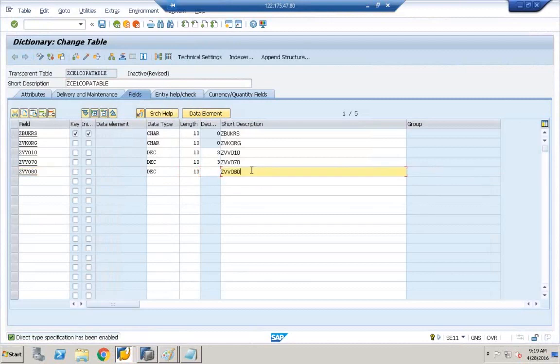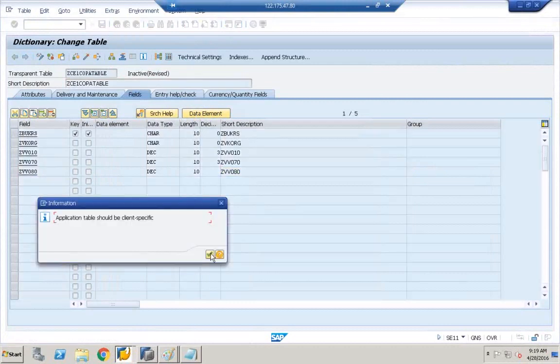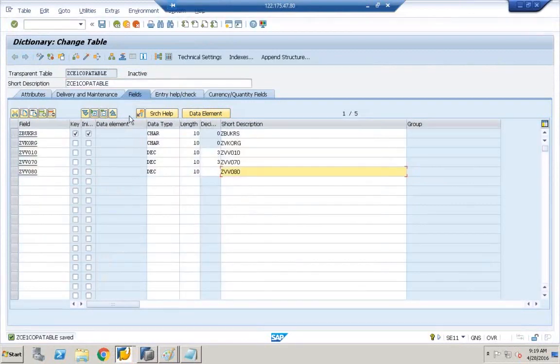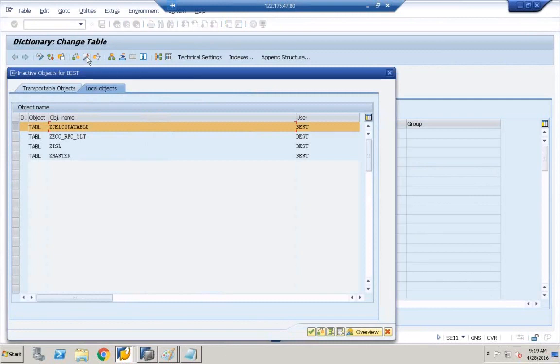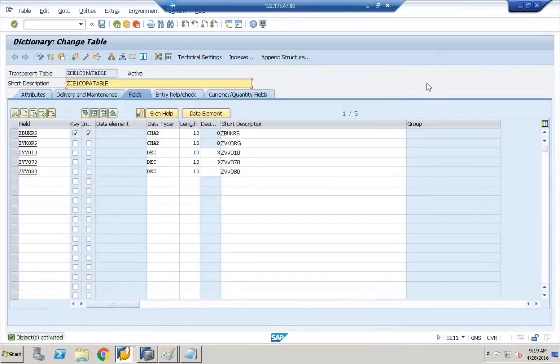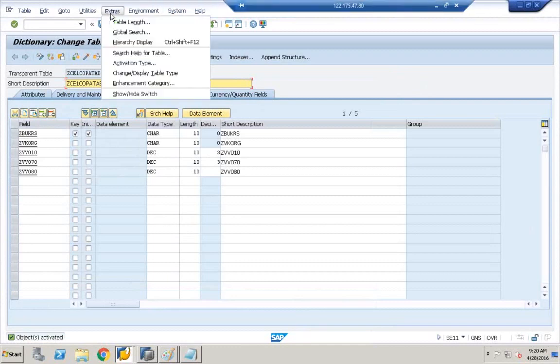I'm making a change to the source table. I click save, continue, and click activate, and click continue. So whatever changes you make, the configuration, everything is assigned to a transport request. So what changes you're making over here, all these changes, now you see